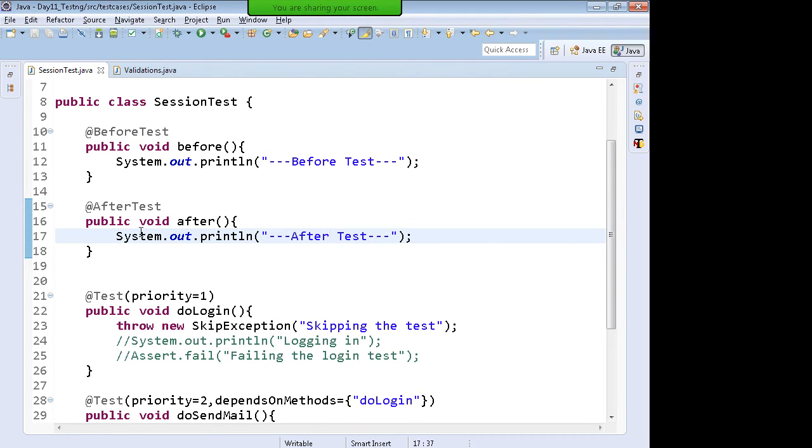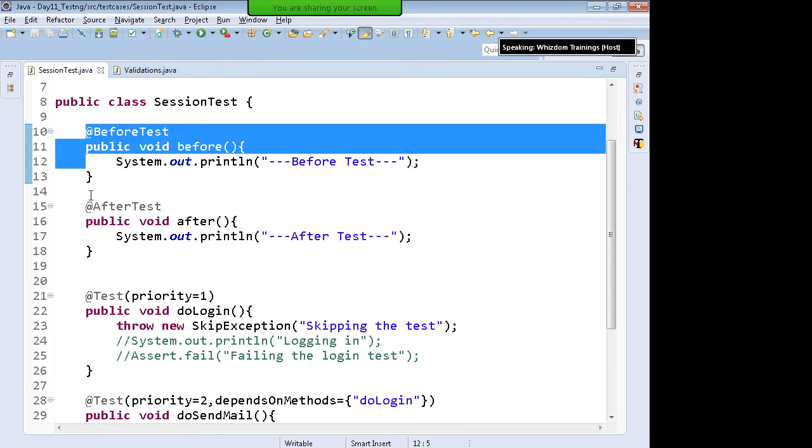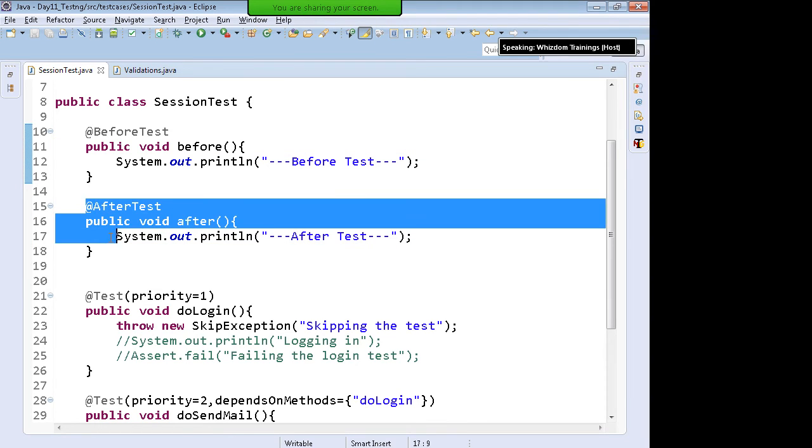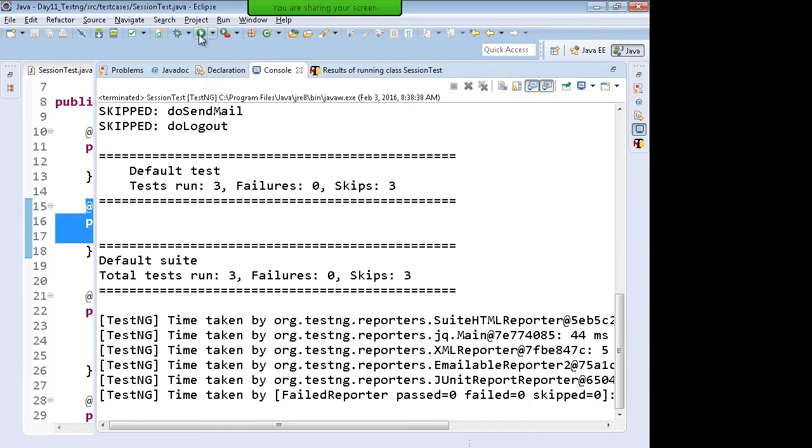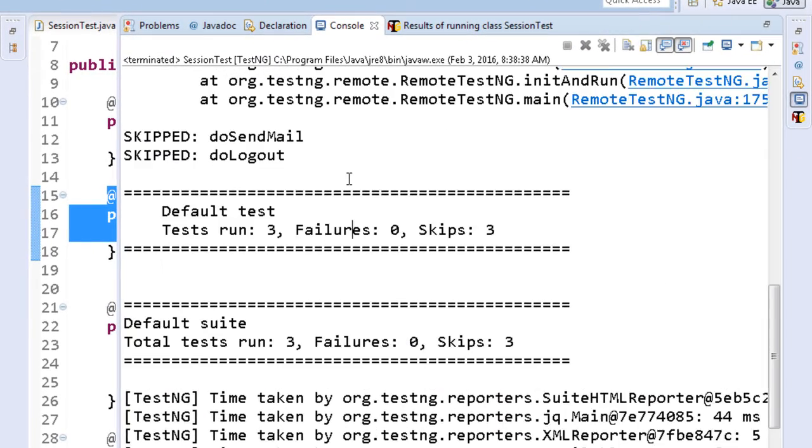Okay, right? As the name suggests, if you want to do something before or after the test case, you can do it in these functions, and when you run it, you will see that